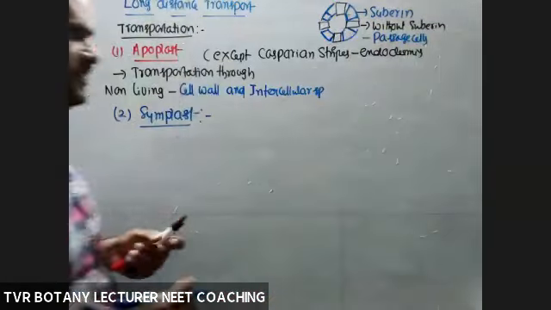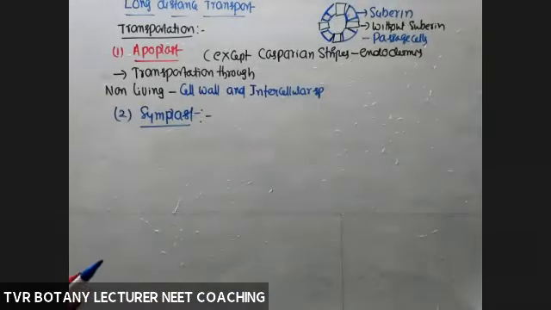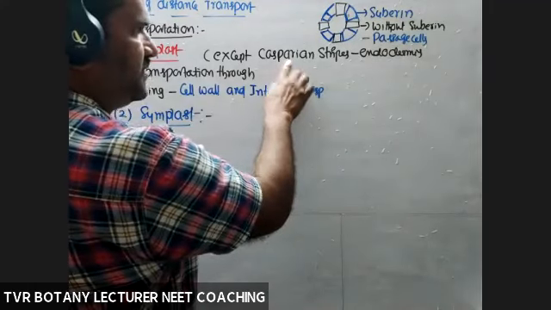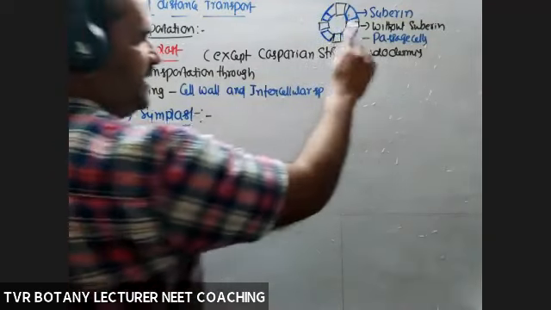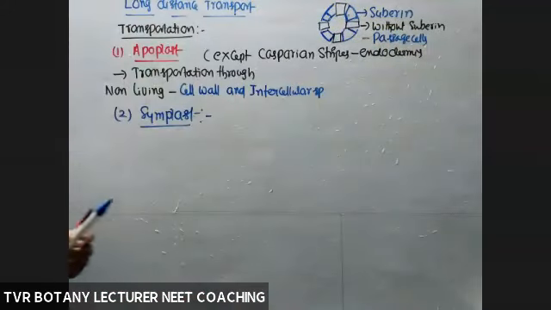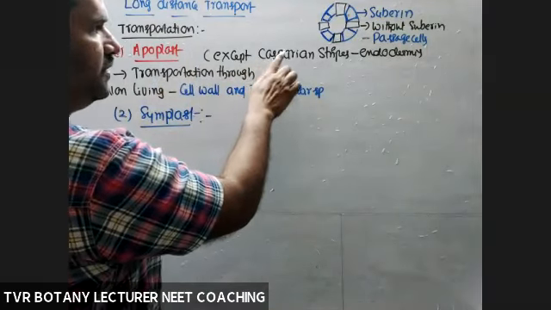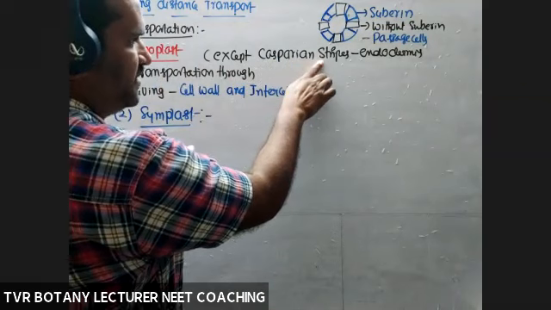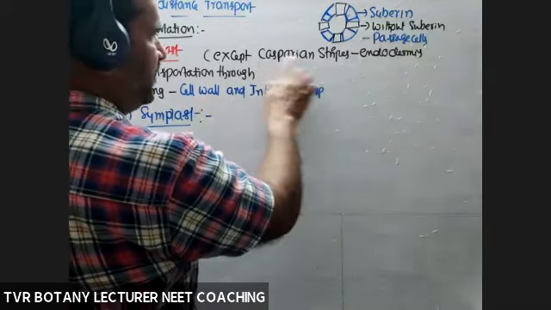Passage cells. First year part. In first year you studied this one. Endodermis is with two types of cells. Cells with Casparian bands, cells without Casparian bands. Okay, so cells without Casparian bands are called passage cells. Passage, concerned with the transportation. So apoplast is not applicable to Casparian strips, means cells with Casparian bands. Okay, so it is not applicable to that one.